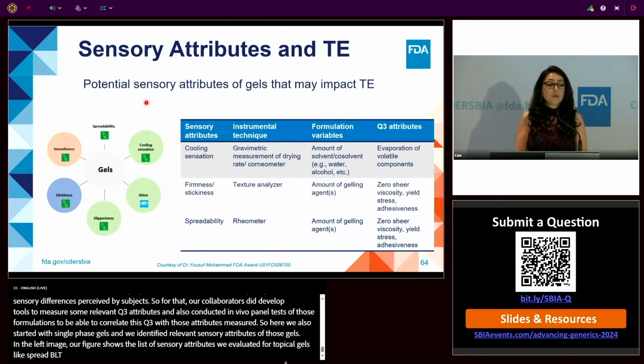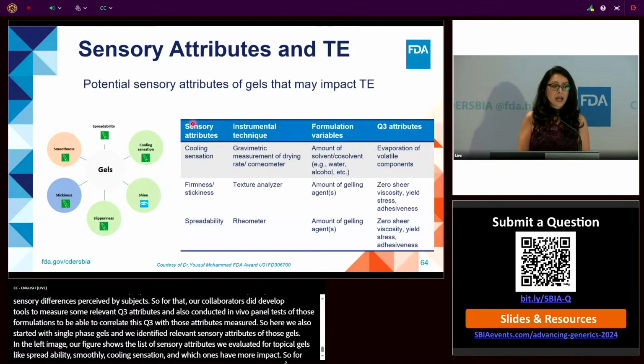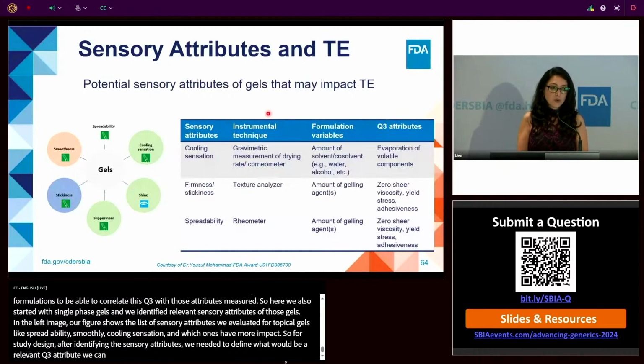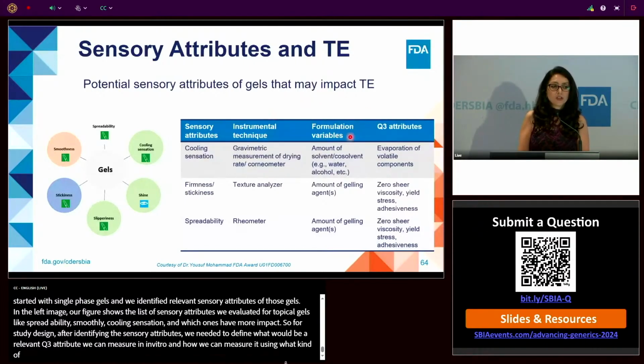And we identified which of them potentially could have more impact on therapeutic equivalence. So for this study design, after identifying the sensory attributes, we needed to find, for each sensory attribute, what would be the relevant Q3 attributes that we can measure in vitro, and how we can measure that using what kind of instrumental technique, and also potentially what formulation variables can more impact the changes in these Q3 attributes and the